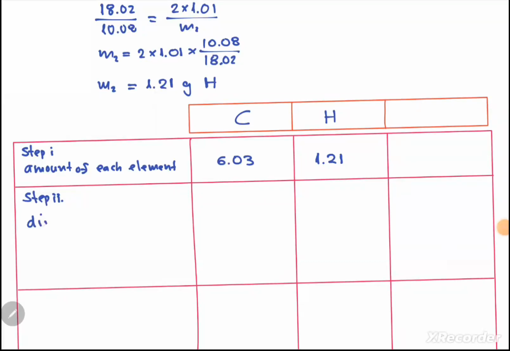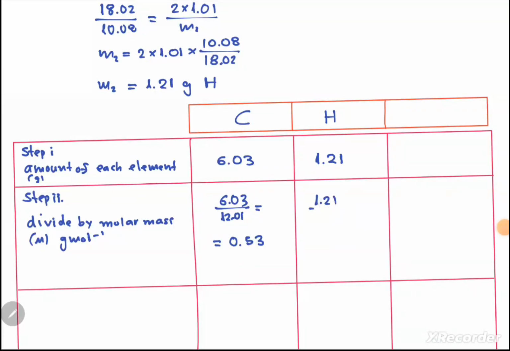Each result we divide by the molar mass of the element, and the result is 0.53 for carbon, and 1.14 for hydrogen. And in step 3